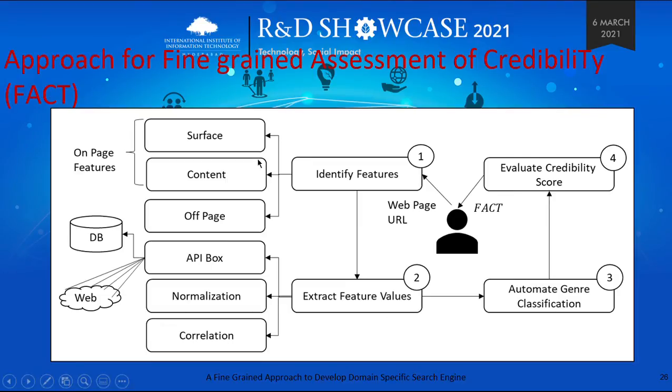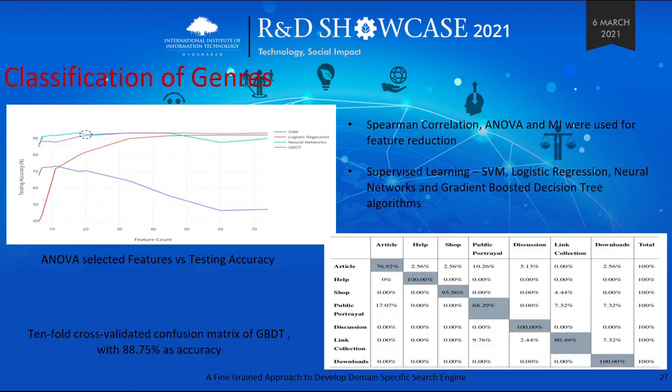The genres are in terms of the web page elements that are visibly available, obvious on the surface of a web page. Could be the language, the content, or the off page, which could be the in links, the response load time, and so on and so forth. Now, with this approach, we actually went about trying to identify the genre and also accordingly propose a credibility score to evaluate. So we used a supervised learning model to train the models to identify genre. And we see, yeah, for a few of the genres that we established in terms of article genre, the supervised learning model certainly performed better.